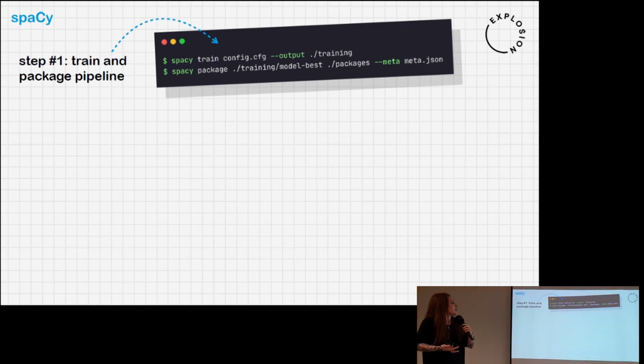So here's kind of how a real-life workflow could look. You can use the spaCy train command with a config to train a model, save the result to an output directory, and then you can use the spaCy package command to turn that model that you've just trained, the pipeline, into a Python package. So that's another cool feature we think is very useful. We really rely on Python's native solutions there, which is packaging. And so then you have this artifact that you can pip install and ship and run in your environment. So that's how you can easily package a spaCy model.